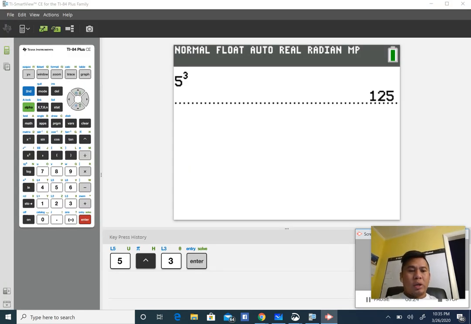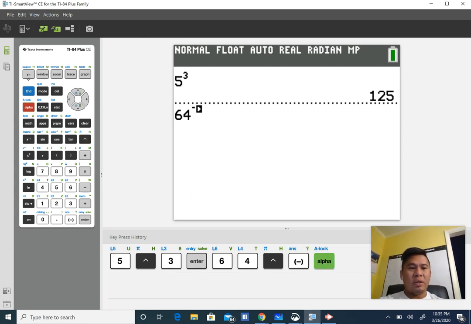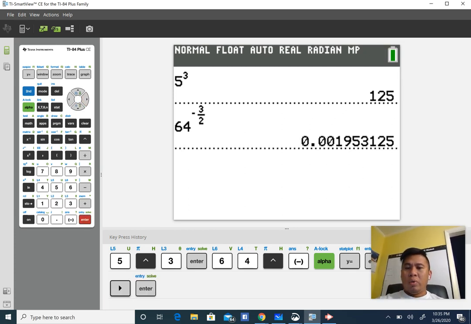So in this calculator, I'll put my 64. Exponent is this caret up. So it says negative 3 halves. In order to have a negative, I'll put a negative sign first. In order to have a fraction, I'll put alpha, y equals, enter for my fraction, and I'll put 3 over 2. And then I'll press enter on that one to get my answer, which is